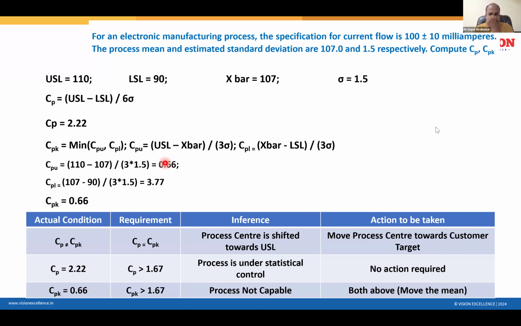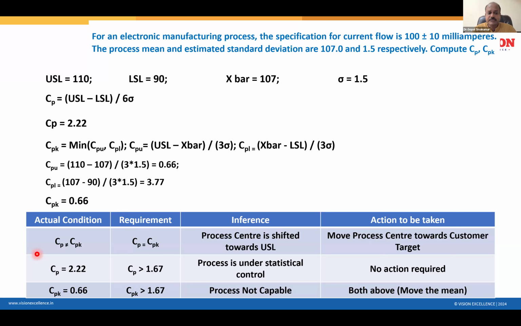So now CPK we are calculating. When I calculate CP upper and CP lower using the formula, my CP upper is 0.66, but CP lower is 3.77. That means my process is shifted to the right side, because CP upper has gone down. Now, what is my conclusion? CPK equal to 0.66, my process is not capable. If you want to conclude looking at CP, use only the word consistency. But if you look at CPK, use the word capable. Capable means everything is inside the spec.